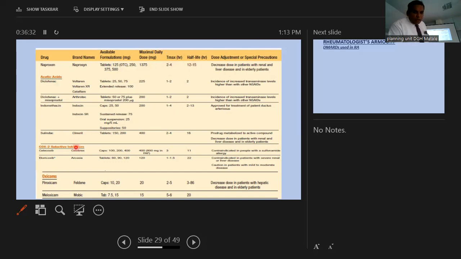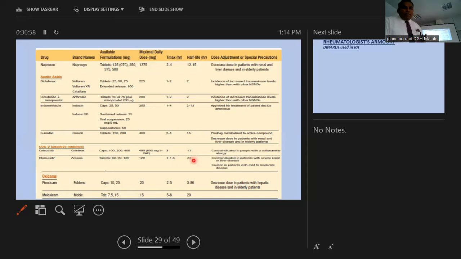And if you take celecoxib, it takes 3 hours to act, but lasts about 11 hours. Compare it with diclofenac, it would get the Tmax in 1 to 2 hours, quick action, but the half-life would be about 2 hours. When it comes to etoricoxib, it's about 1 hour, and the half-life would be about 22 hours. So